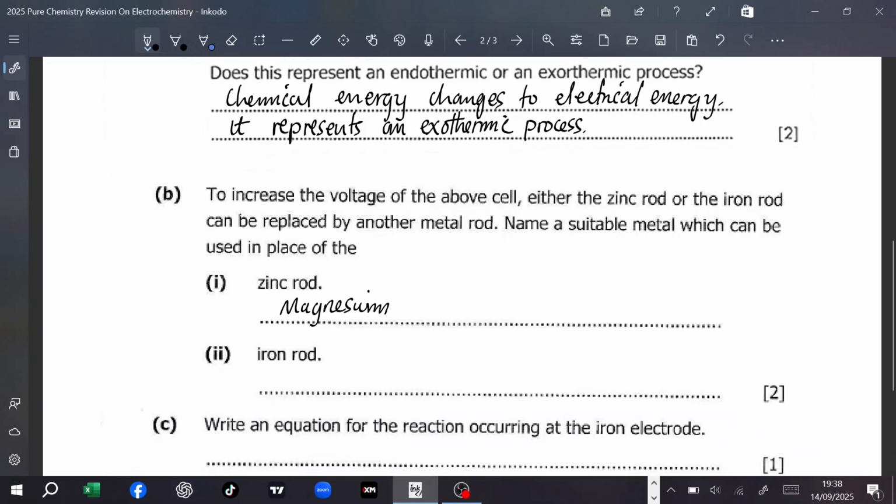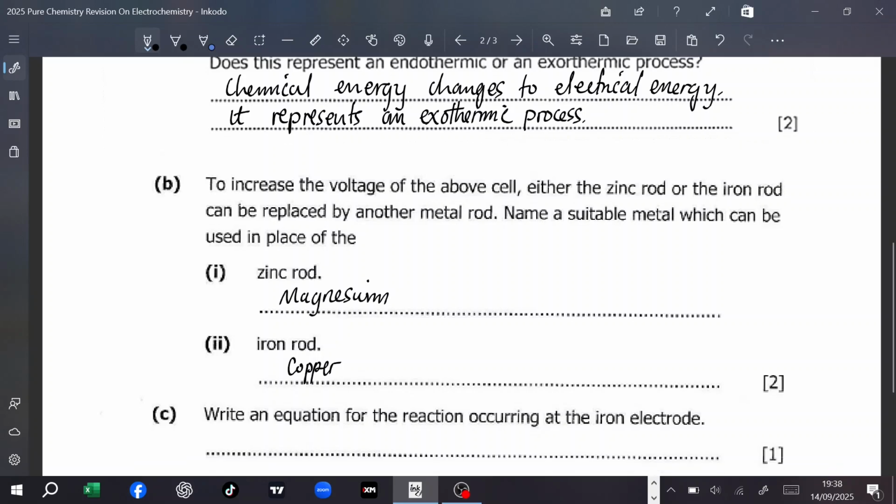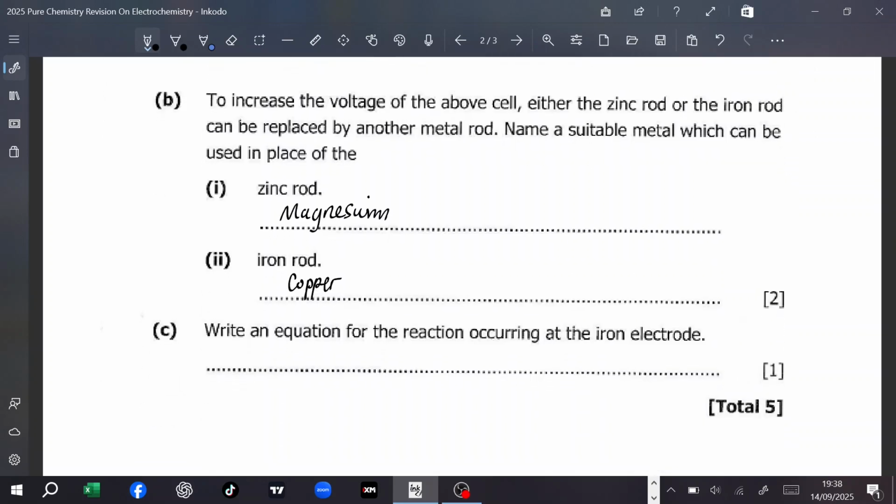Then to increase the potential, we can use a metal which is lower in the electrochemical series than iron. So here we can use either tin or copper. Copper can be used, so the bigger the gap in the arrangement in the electrochemical series, the more voltage is produced. Then here they are saying,